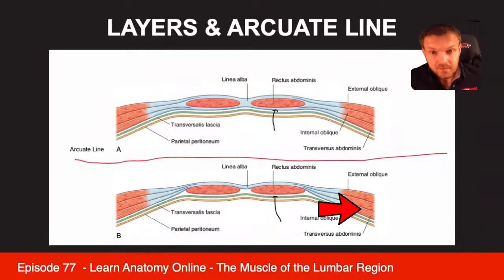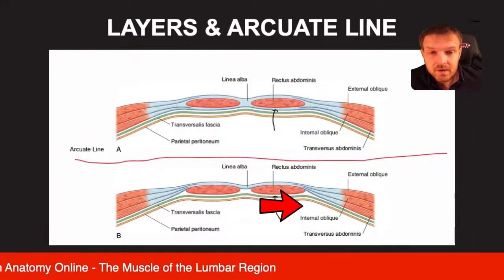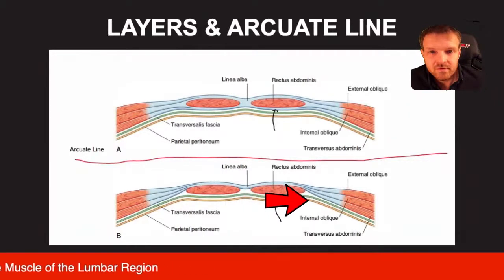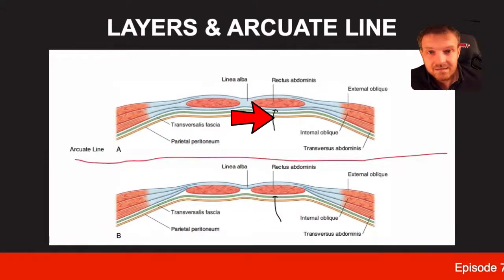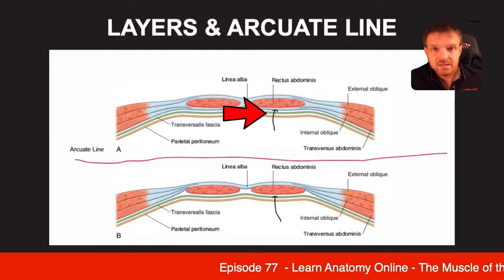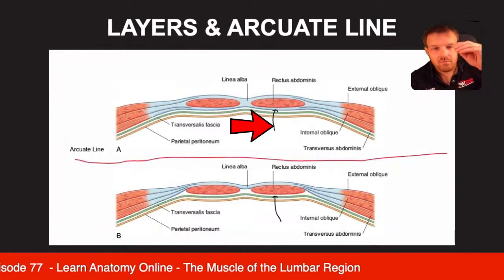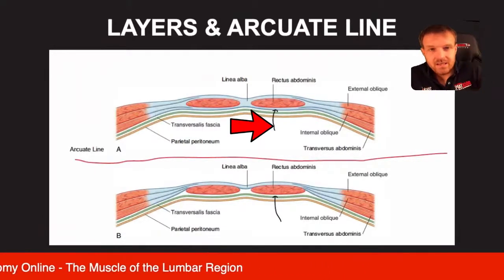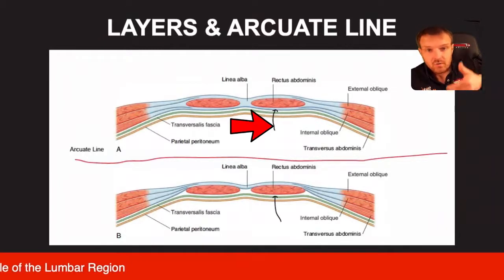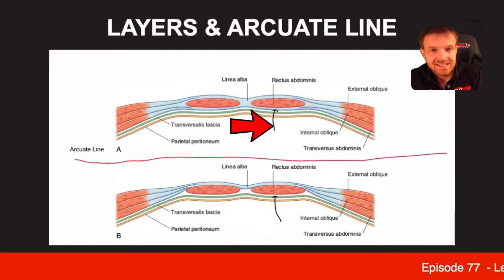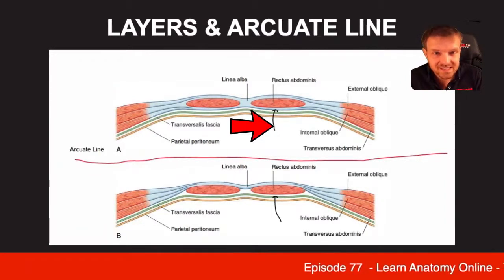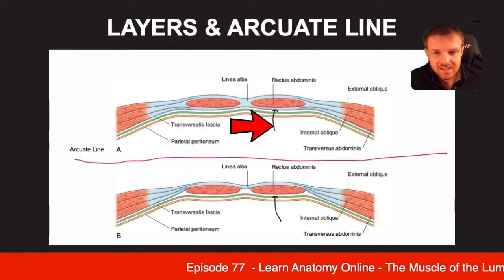So that means that the only thing stopping your guts poking through is this layer of peritoneum and the transversalis fascia. Whereas up here, the thing stopping your guts poking through is peritoneum, transversalis fascia, transverse abdominis, and internal oblique. Okay, so you've got much thicker layers of fascia in the uppermost portion of your abdomen than you have in the lower part. Hopefully that makes sense, and we're going to unpick all that,